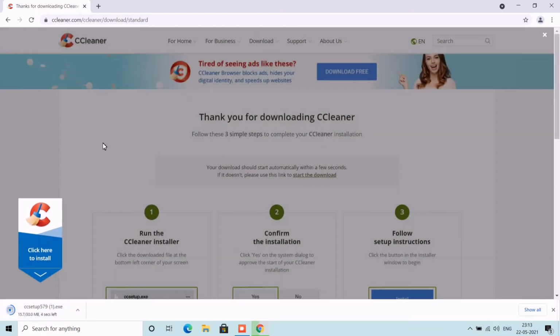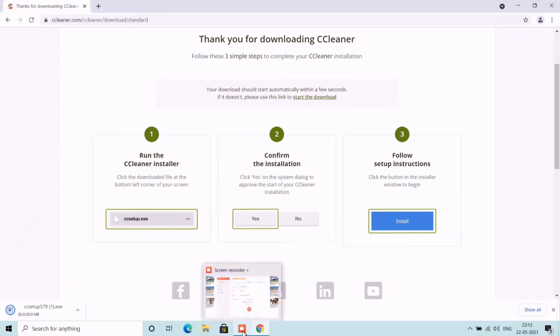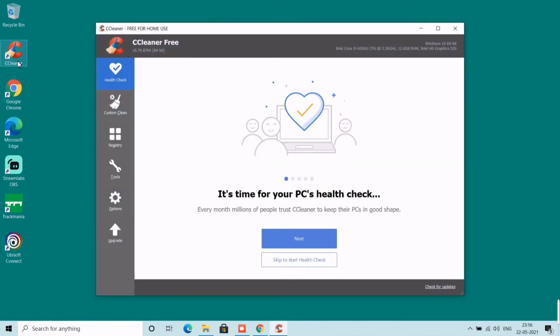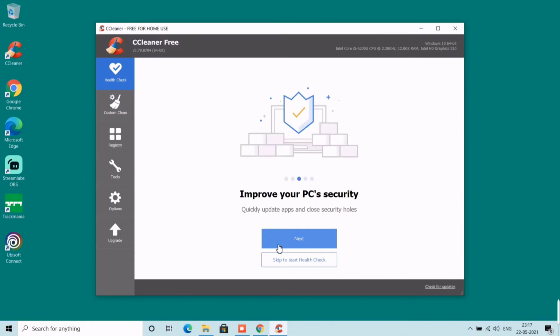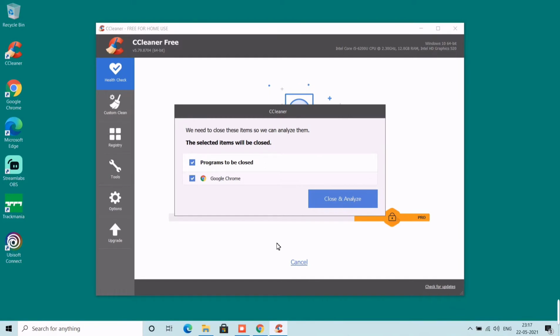To do Windows cleanup, you need to delete a lot of junk files in different locations and different unwanted files. It can be easily managed in CCleaner. We will see how it works. I have installed CCleaner in my system. First option is PC's health check. In health check, it will check your junk files and disk space utilization, startup apps and security and other options.